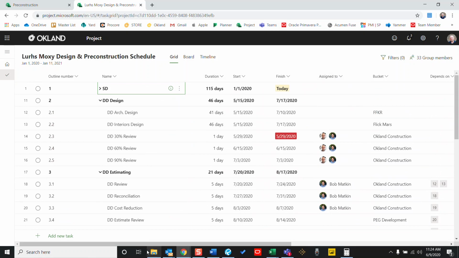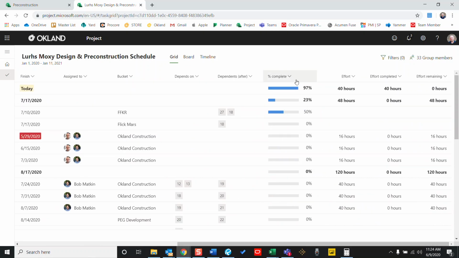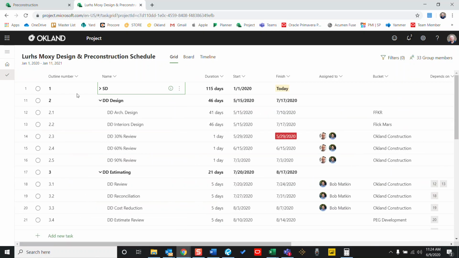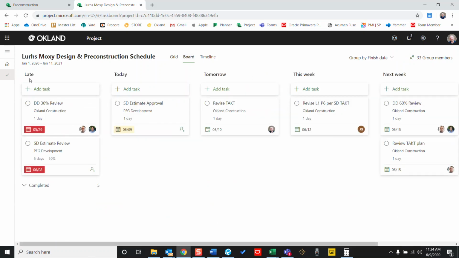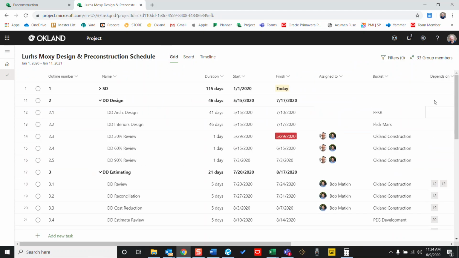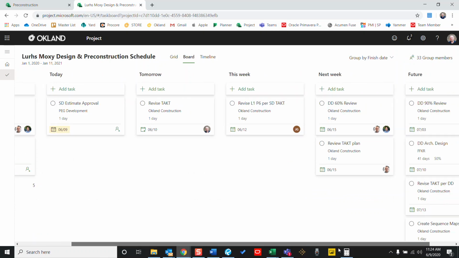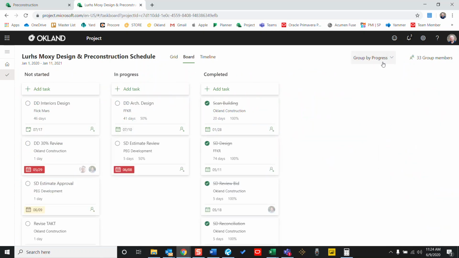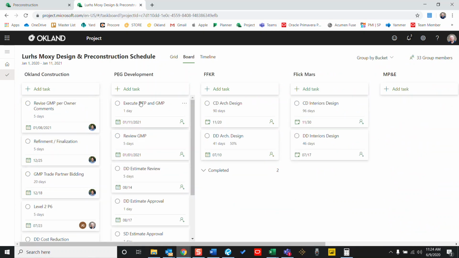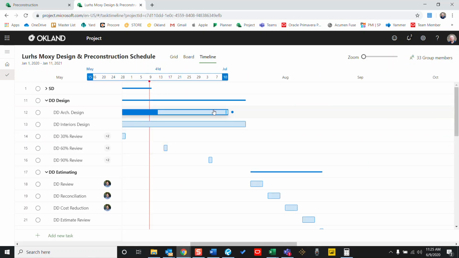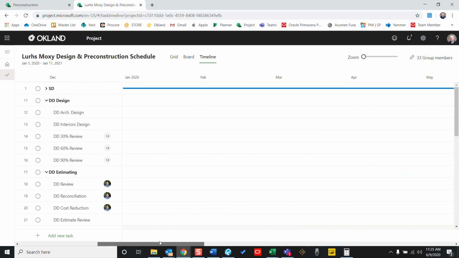And then the cool thing with that is this, in this spreadsheet or grid view, right, you can collect status that way, or just say yes, it's done 100% here. Also, you can look at boards and say, what's late, what's today, what's tomorrow. So it's the same thing like in Planner, but it has that actual scheduling portion of it, meaning that you can actually set what they call dependents, which is predecessors and successors. And right here, you can see everything that's kind of in the Kanban by finish date. You can see progress, you can see bucket. So here's Oakland, here's Peg, and this is just super powerful as far as being able to attach this to